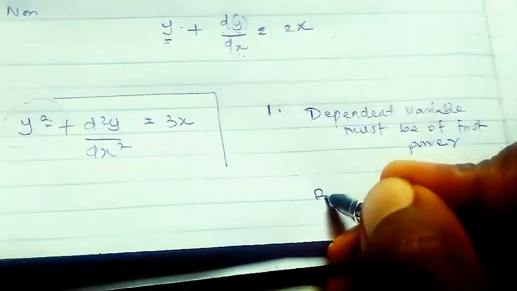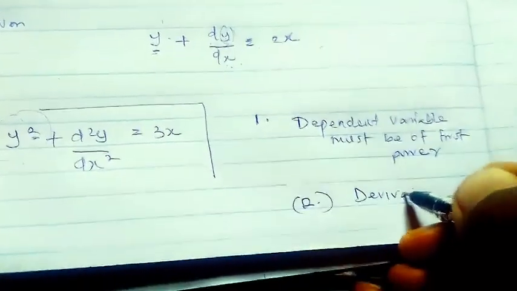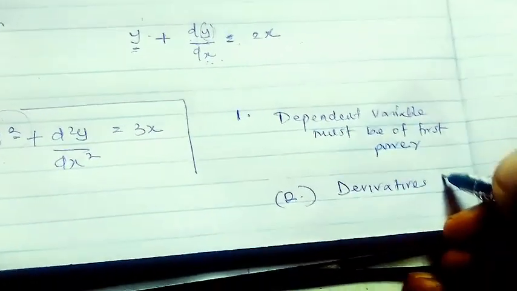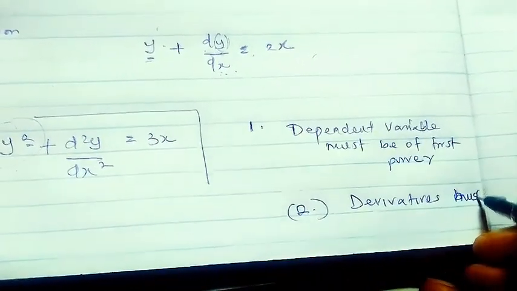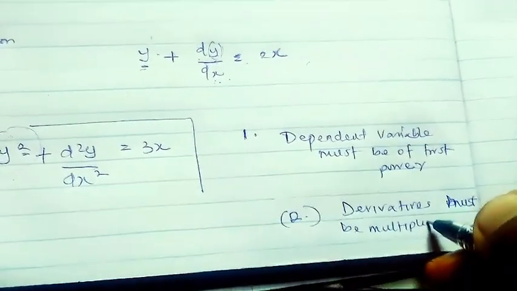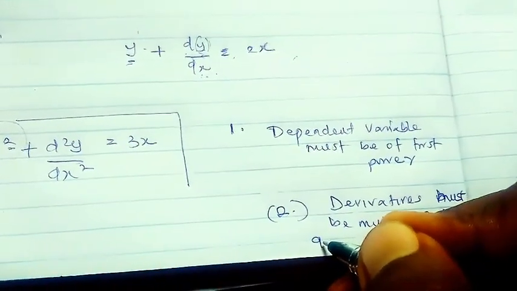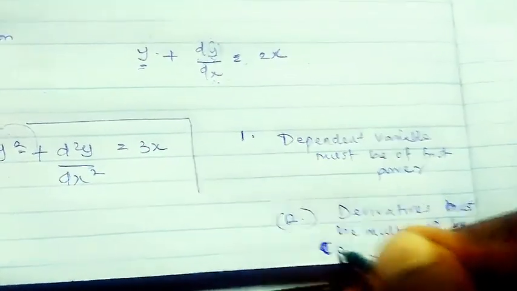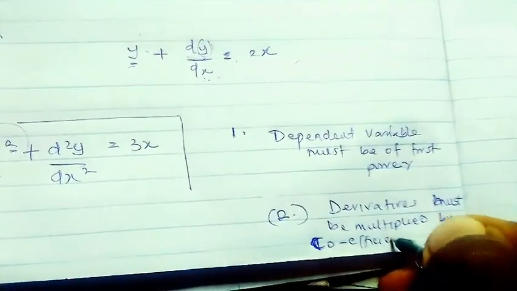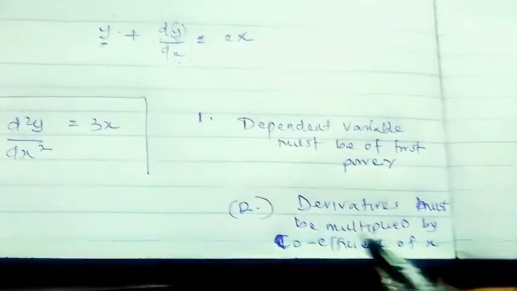Now the second condition of identifying the linear equation is that its derivative must be multiplied by coefficients of x. So the second condition of identifying the linear differential equation is that its derivative must be multiplied